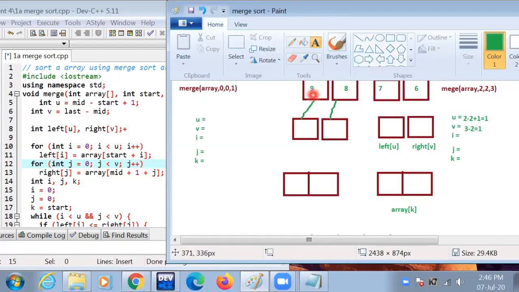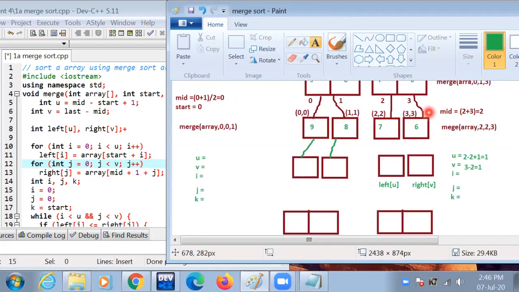Then start, this is 0, 1 and 2. The 2 is inserted in left.